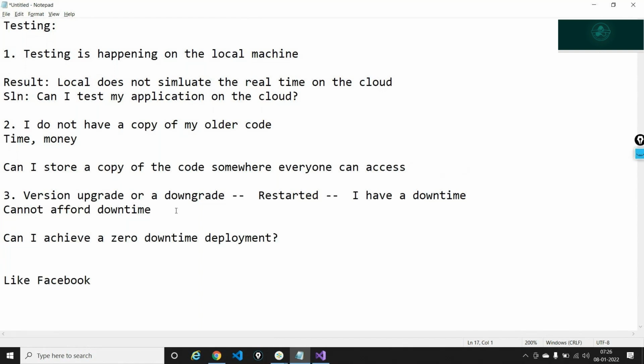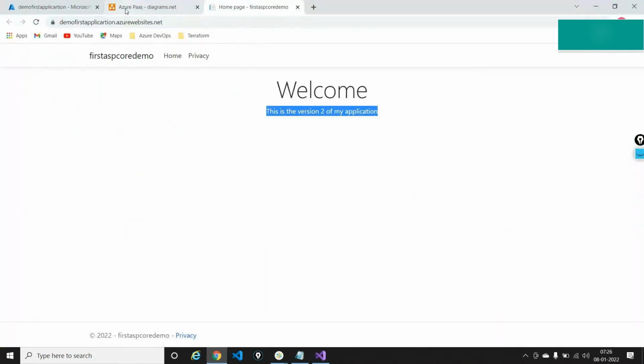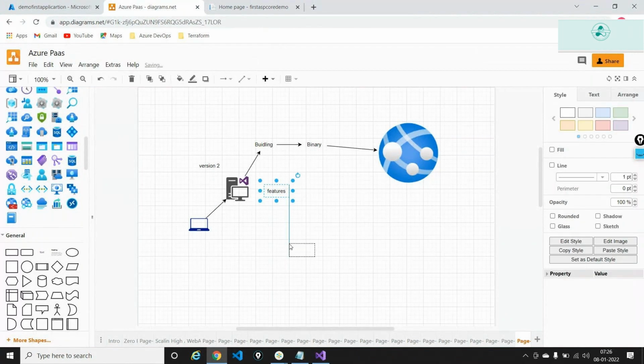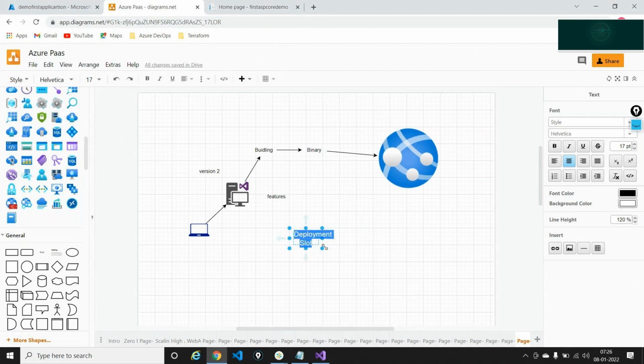Now, these are the questions that I ask, and the answer, or the concept, is called deployment slots. We get into a concept called deployment slot here. Now, what exactly is deployment slot?